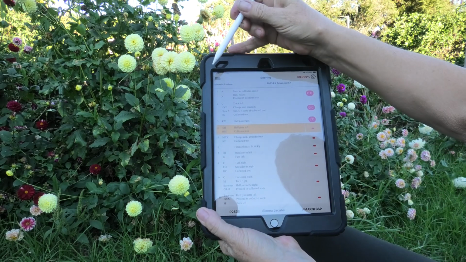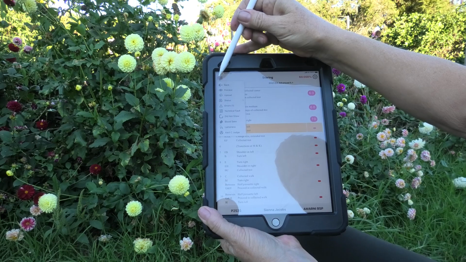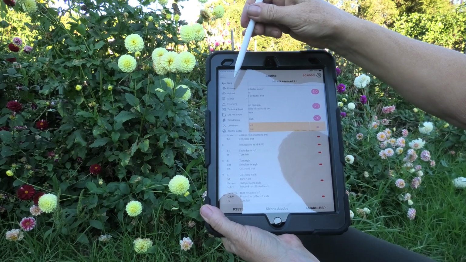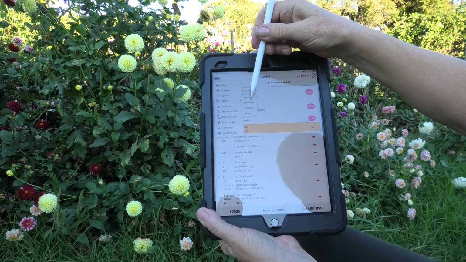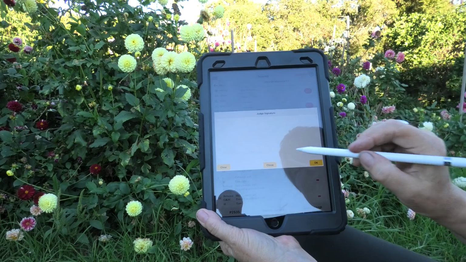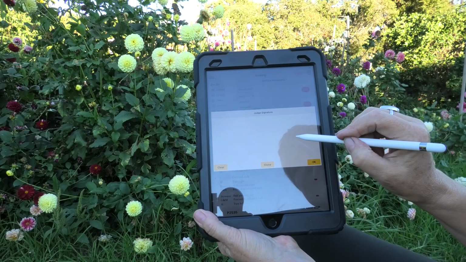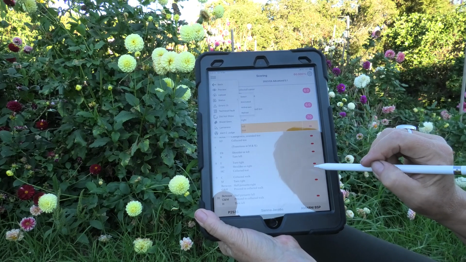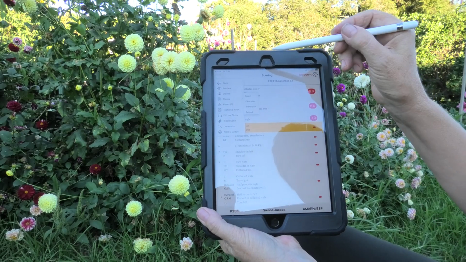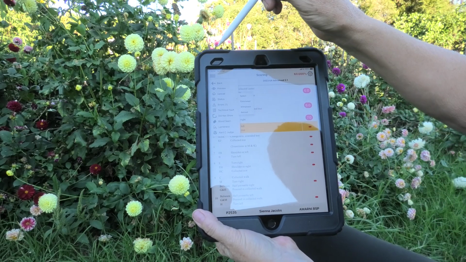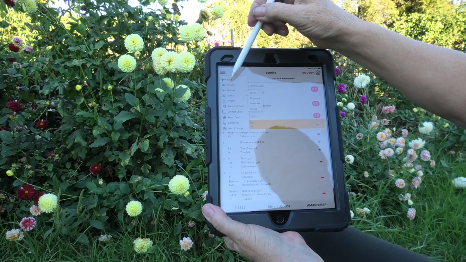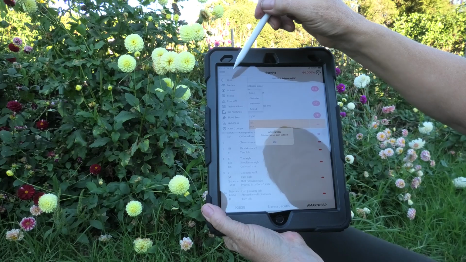If for any reason the rider needs to be eliminated, you click on the hamburger menu up the top here, and you go down to status, and you select eliminated. And then the judge will sign, and you close and OK. So that's what happens in that situation. But let's say